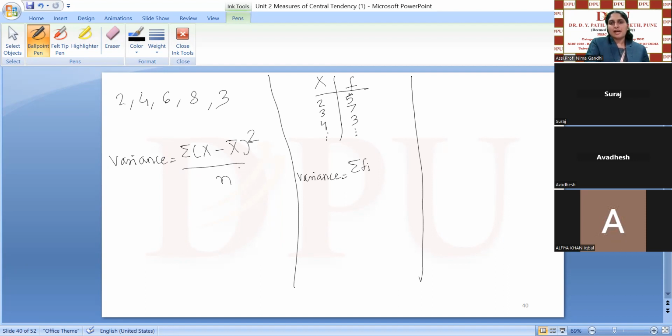summation of fi, where fi means the frequencies, times (x minus x bar) square. Here n is replaced by the summation of the frequencies. So this is the formula we use when you have a group frequency distribution. Then the next one is the continuous group frequency distribution. So when you have a data like this,